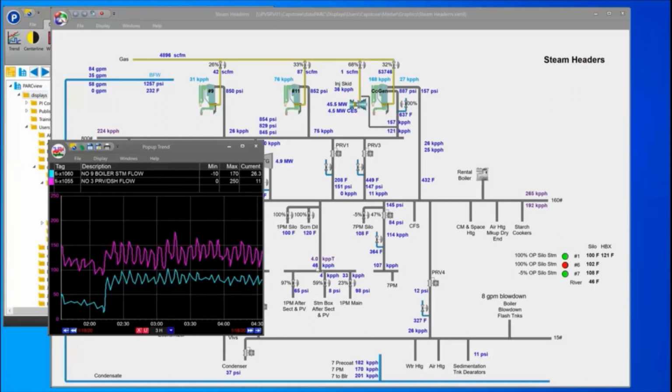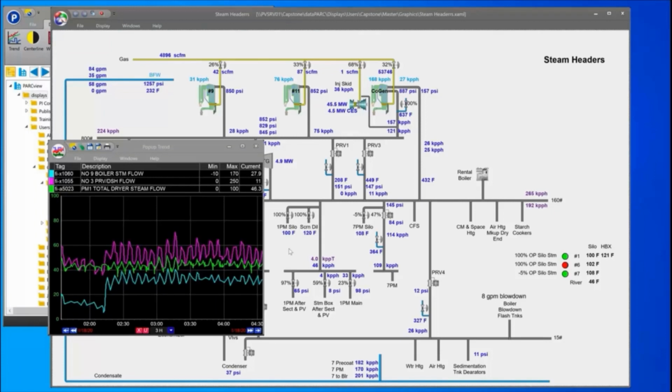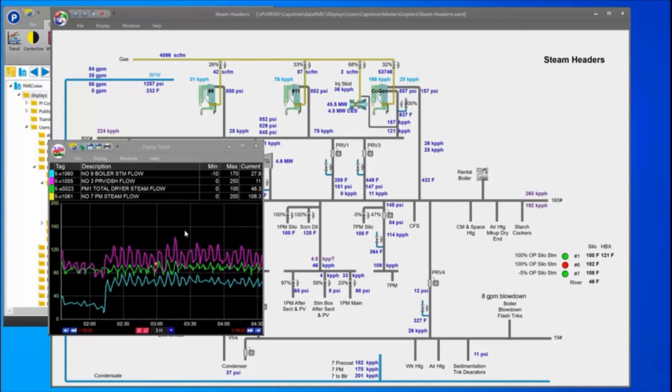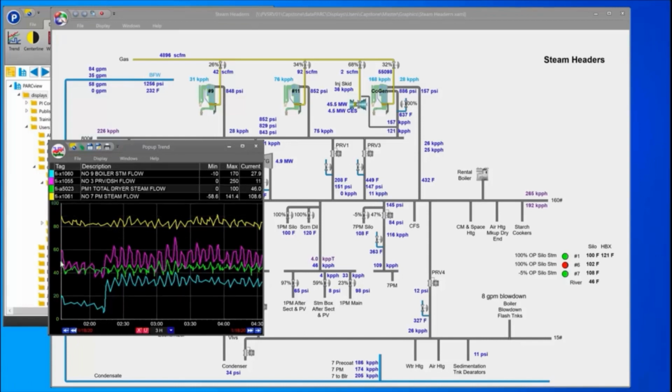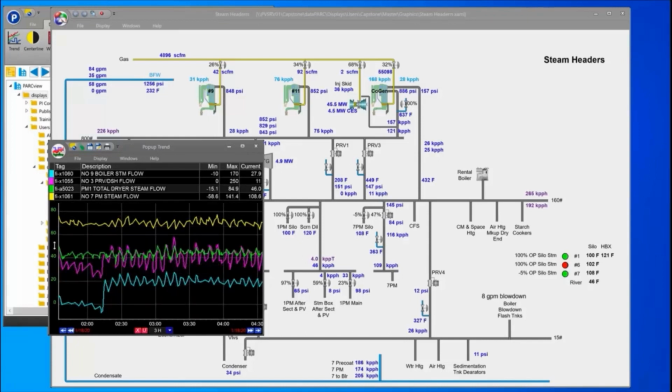So we're going to go ahead and grab the steam coming off of process machine 1, and we'll add that here. And we'll do the same for process machine 7. Now, it's starting to get a little messy, so we're going to move our yellow and our green up. And we're able to use that lovely y-axis drag here.